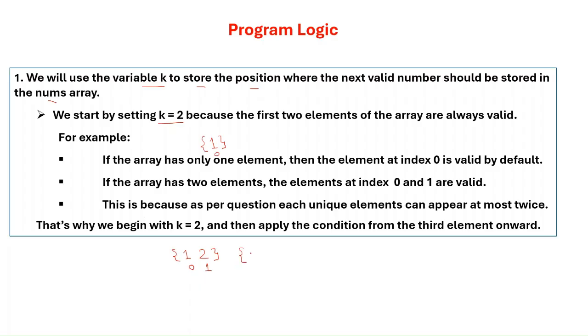Let me take another example where I have two elements in an array and both the elements are same. In this case also element at index 0 and 1 are valid because as per question each unique element can appear at most twice. That is the reason we start with k equals to 2 and then apply the condition from the third element